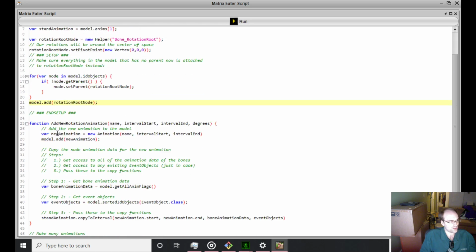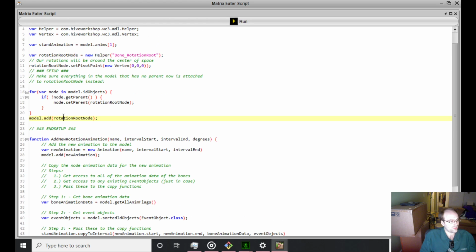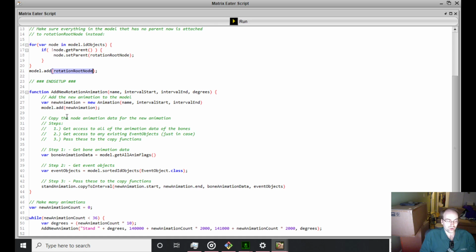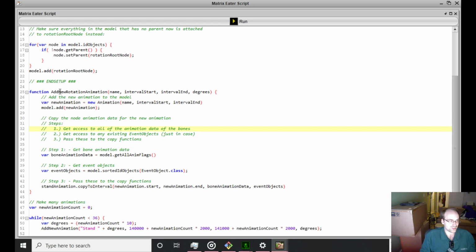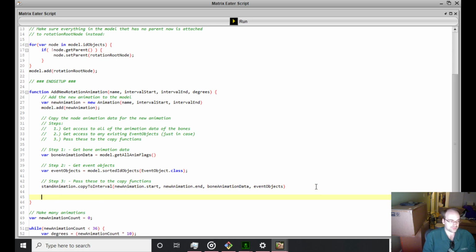We make our rotation root node, we put that in there. And now we're well on our way to rotating, because the key is we can still reference, this is the tricky part, okay? We can still reference that rotation root node variable from inside the add new rotation animation function, right? What that means is we can make a step 4,